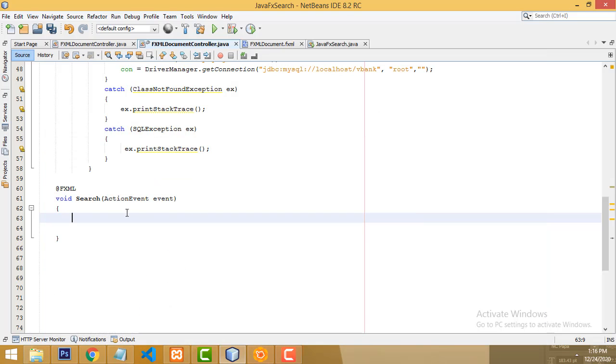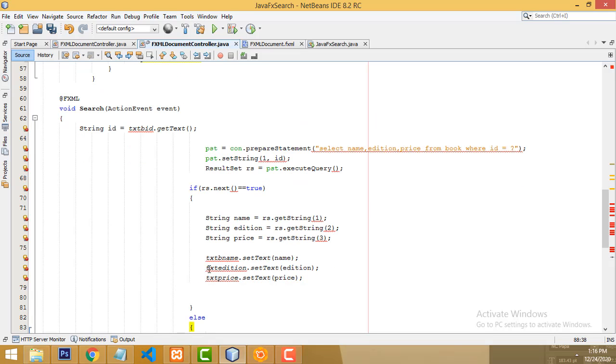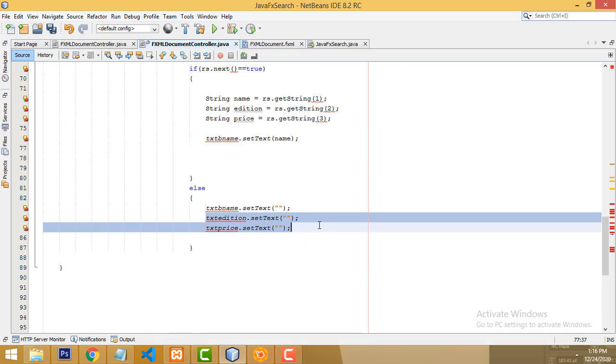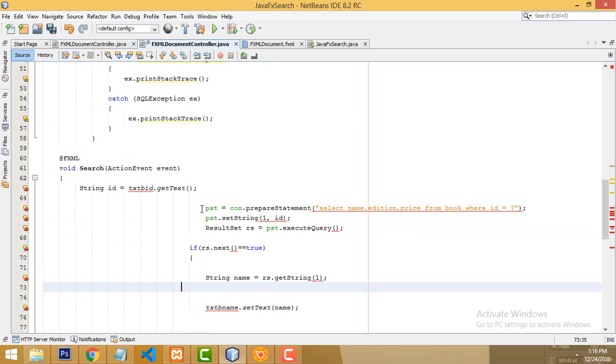Copy, Control V to paste here, right? Okay, there is no problem. I only need one text field. We don't need 3 or 4, right? Only the simple code. So here only we have to do the rest.